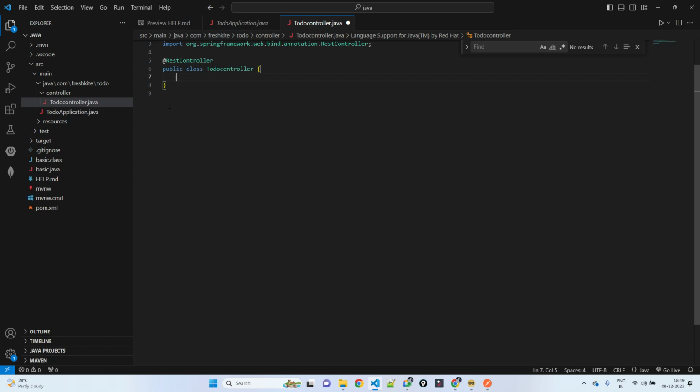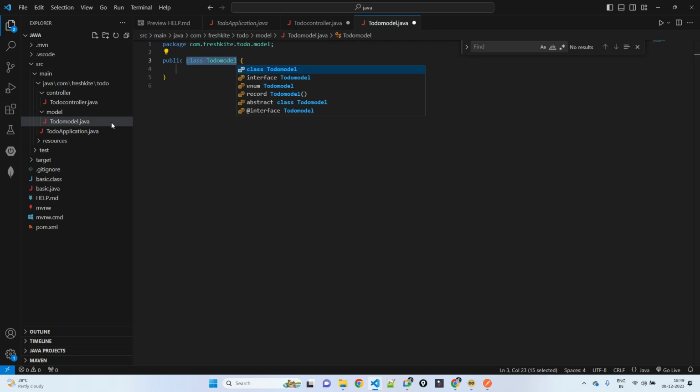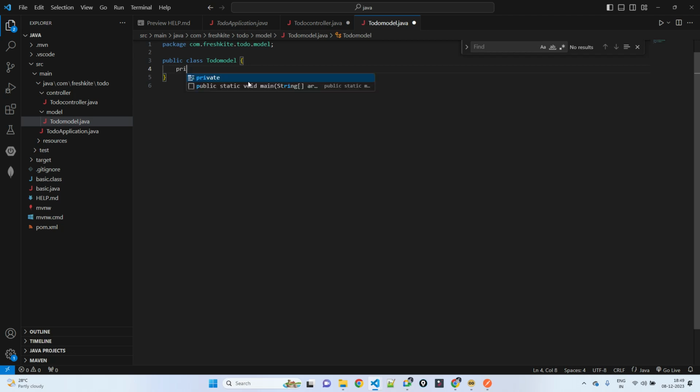Next, we need to have a model package. So let's create a folder for model and let's create a file TodoModel.java. This is a model class. It will basically have all the details in the collection. So what are the details it should have? It will have